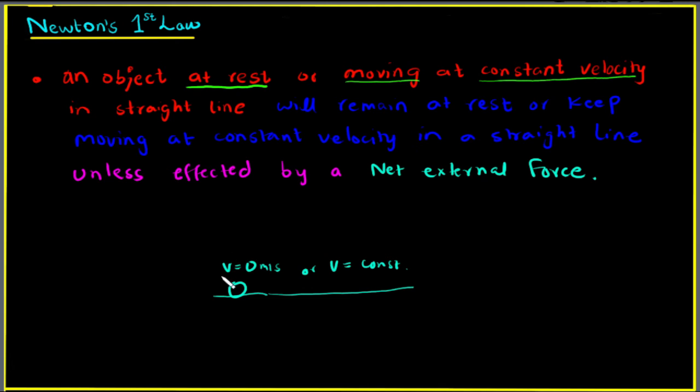If the state of an object is rest, at 0 meters per second, it will stay at rest unless you apply a net external force to it. Or if it is moving at a constant velocity, let's say 3 meters per second, it will always be moving at 3 meters per second forever unless you apply a net external force to it. If you apply a net external force in the direction in which it is moving, its velocity will increase. So it will change its velocity. Or if you apply the net external force in the opposite direction to the motion of the object,